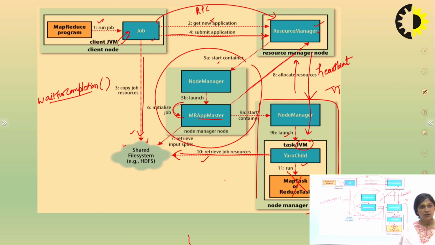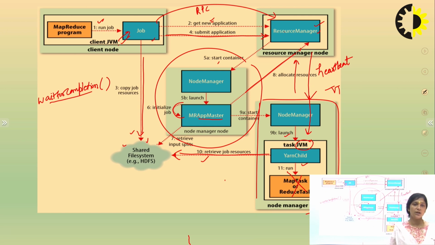Again, it will check 3 times, but again it will get the response that it is not working. In that case, the resource manager will assign that particular task to another task tracker, because there are several task trackers which are working parallelly.